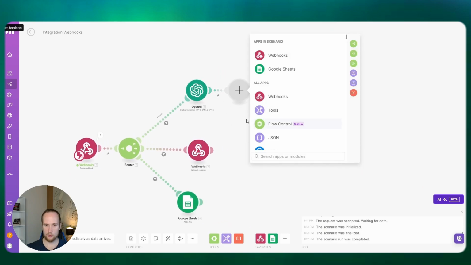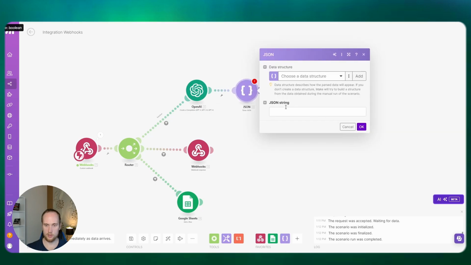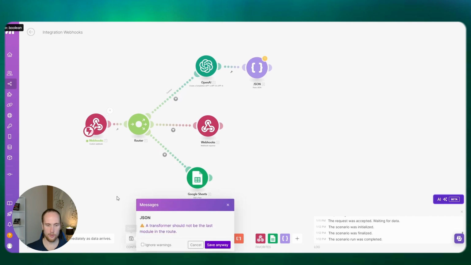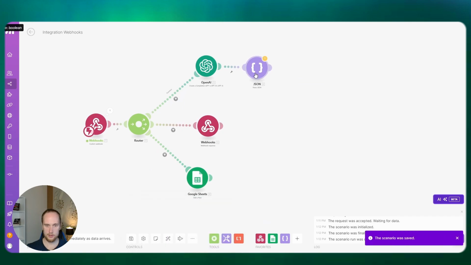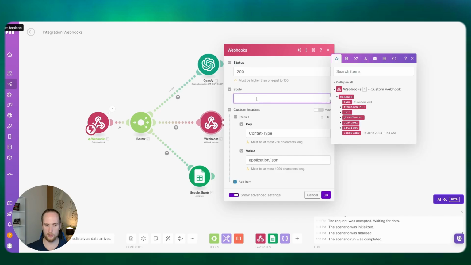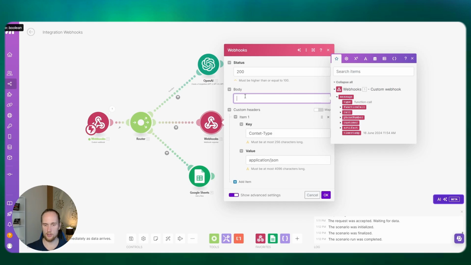And then because we will want to pass this information through, so we're going to go JSON, pass JSON, and then whatever. I'm just going to put A here for now as a placeholder, and press OK. Let's save that. And for now, this is our basic setup on how this is going to work. So for now, what we'll need to do is fill out our body in here, so that when we call, we can then pick out one of our assistants.